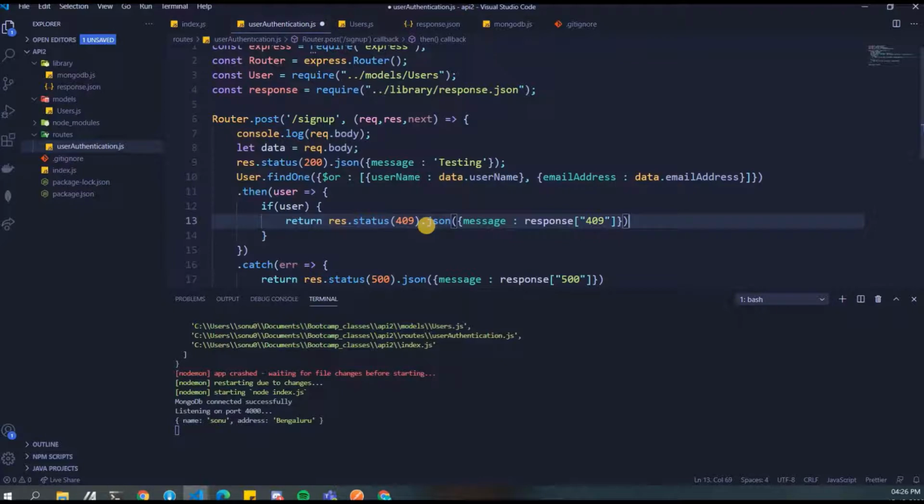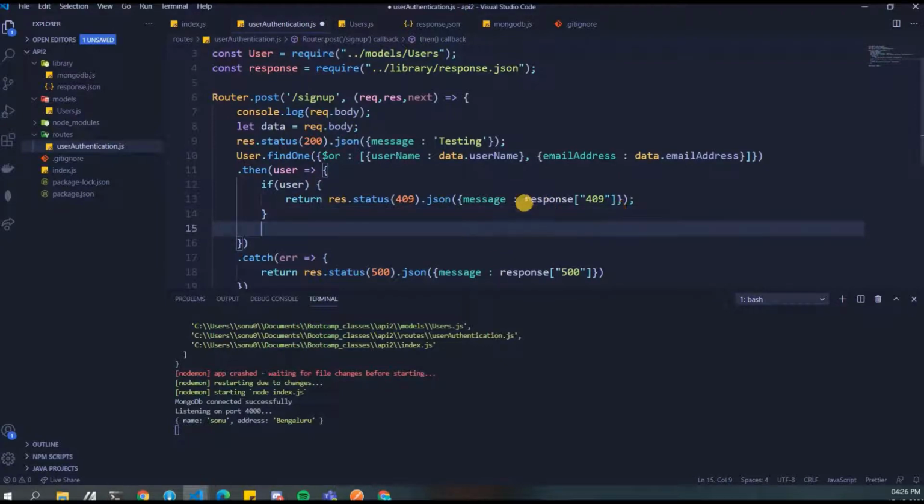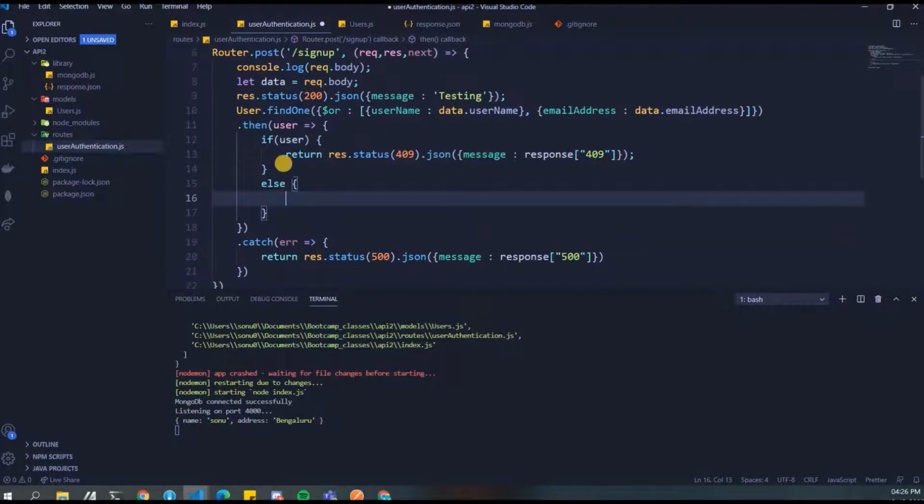So if the user exists, then we need to provide him with the conflict and duplicate error that we need to have. We can always write something like field names mismatching, and you can give your own message over here as well. You don't have to worry about responses, but I keep it like that so that we are always aligned in these scenarios. Okay. Else, if user is there, then return this.